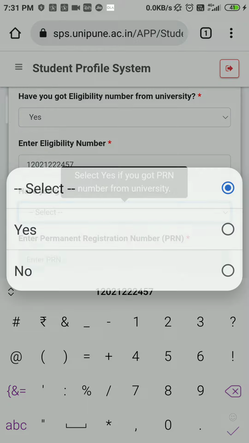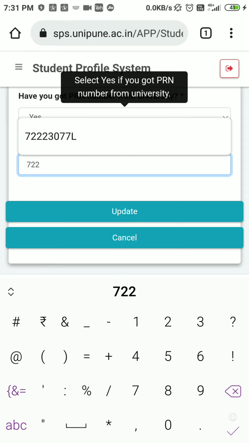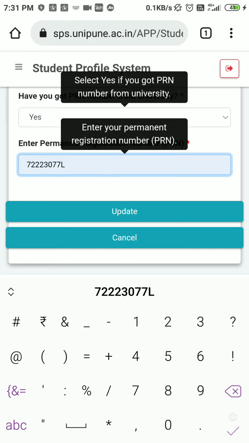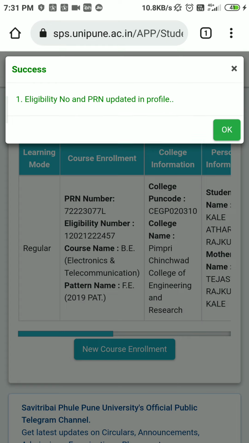I will enter the PRN number again. So you have to enter correct details. Now I will update this. So please be careful, you have to enter the correct PRN number and this.